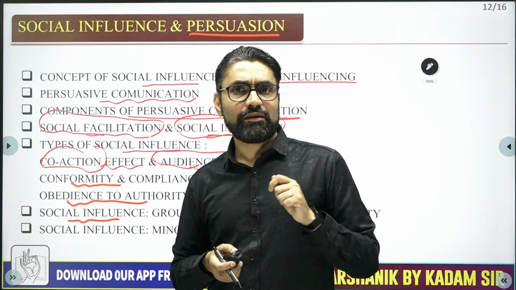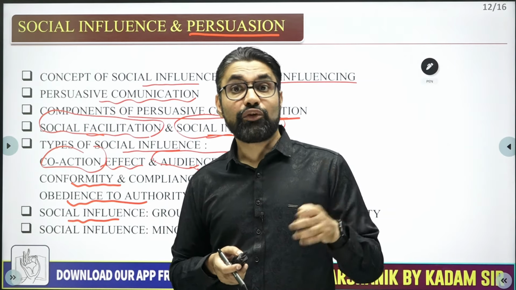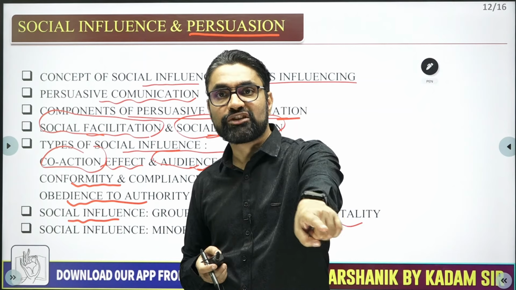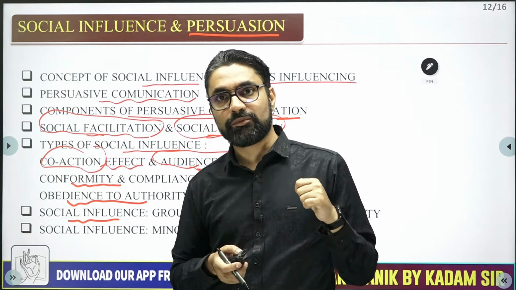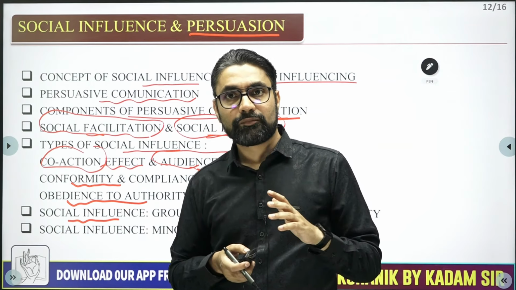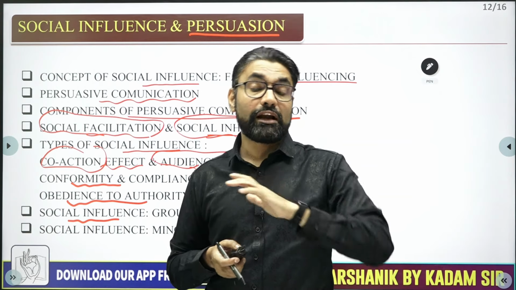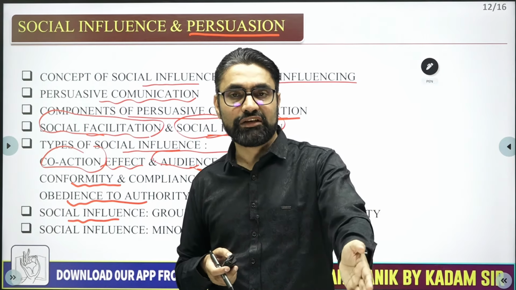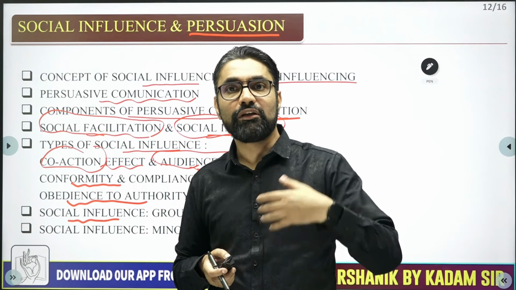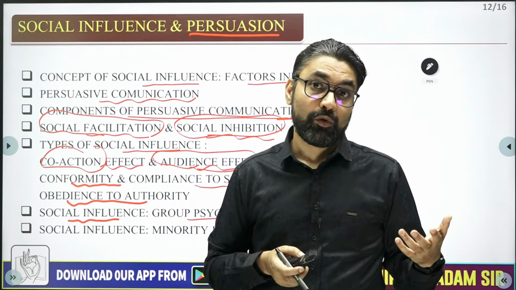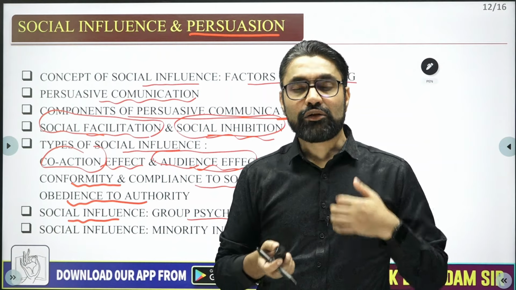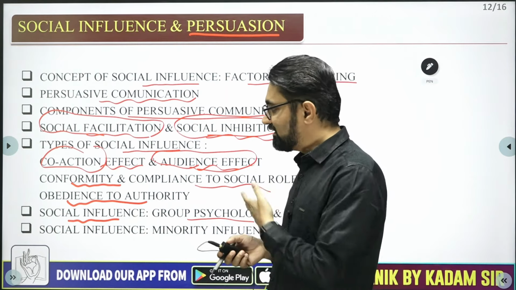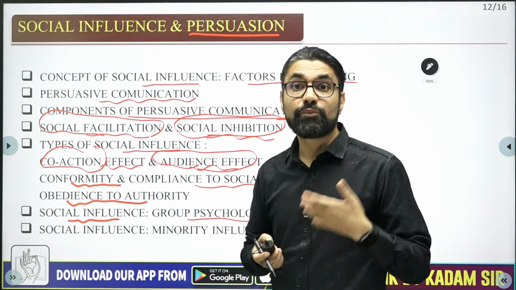Along with that, most of the time, if you are alone going on a road and you see an injured person, you will stop and help the injured person. But if there are many people, all standing and watching, and no one is helping, then you will also not help. Why do these things happen? For that, we need to understand these theories of group social influence.